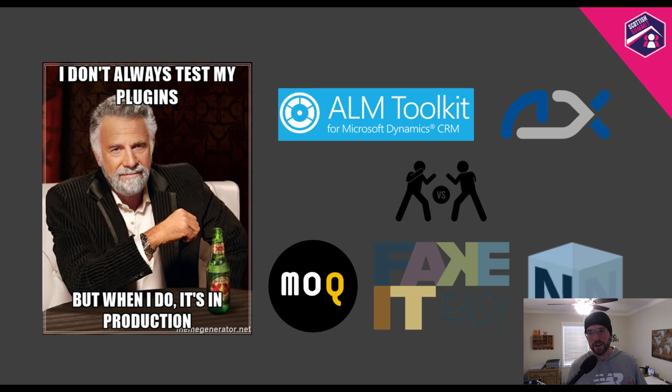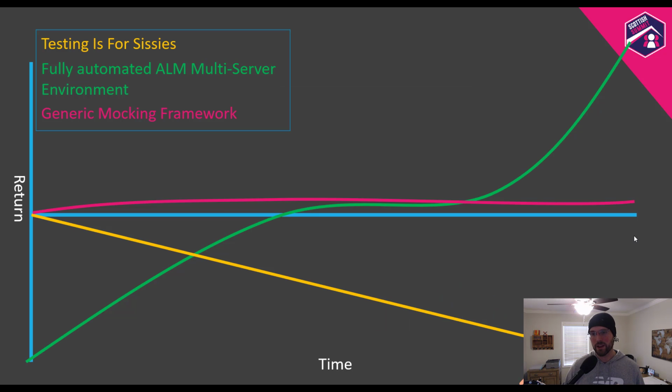So there are a couple of different camps here. There's the "hey, don't test anything" camp. There's the "hey, let's pretty much test everything together," like having a whole new system deployed and testing everything on the server. And then there's "hey, let's test everything locally," and you can use different frameworks to do just normal .NET testing that isn't specific to Xrm or Dataverse. That gives you this kind of graph, where if you take the approach of not testing, you're not getting the benefit. If you take the approach of fully automated ALM multi-server environments, it will take you months to get that set up and working correctly,